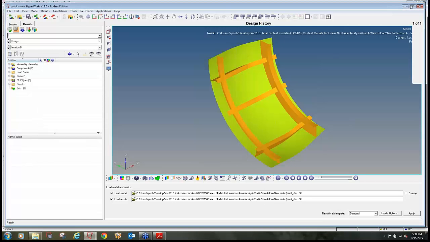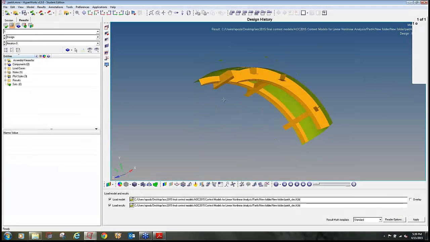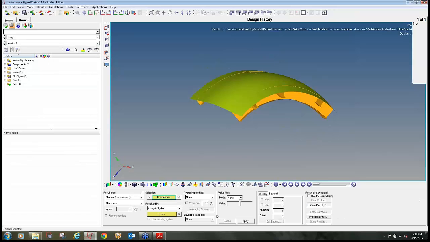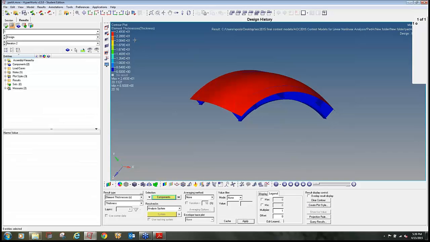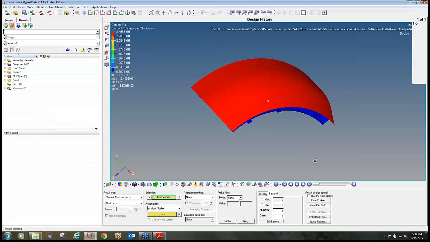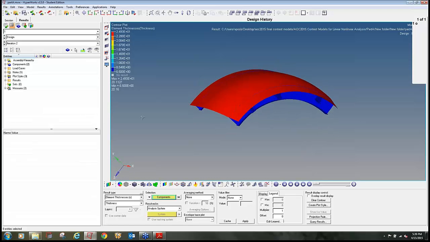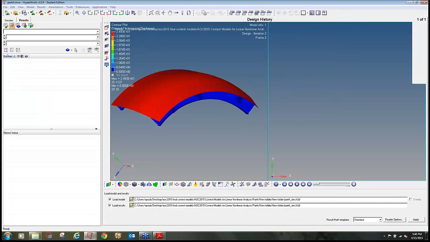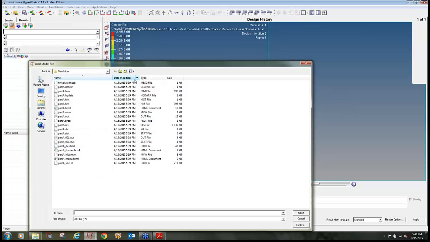So before solving these problems, you have to make sure that you solve the models. So I have the elemental thickness as 24 to 6.5, and if I want to see the stress values for the same,